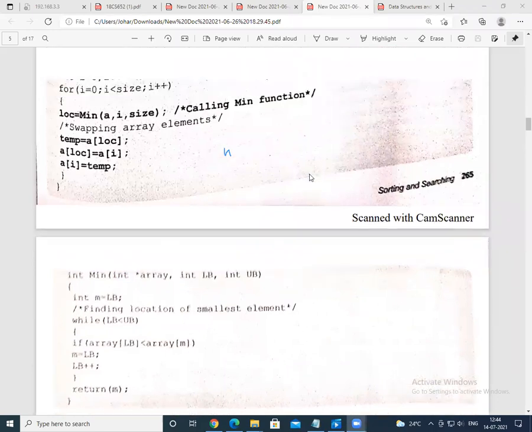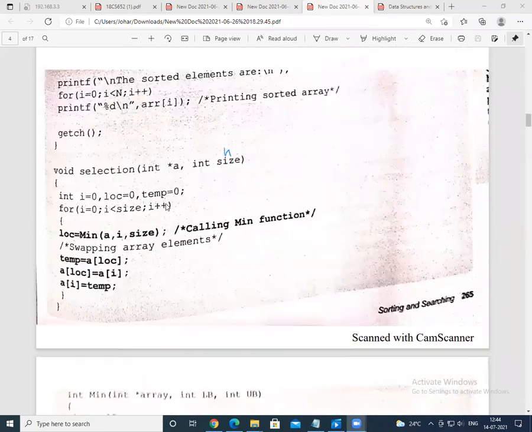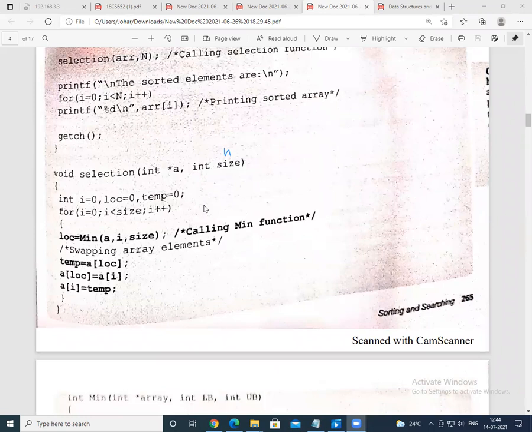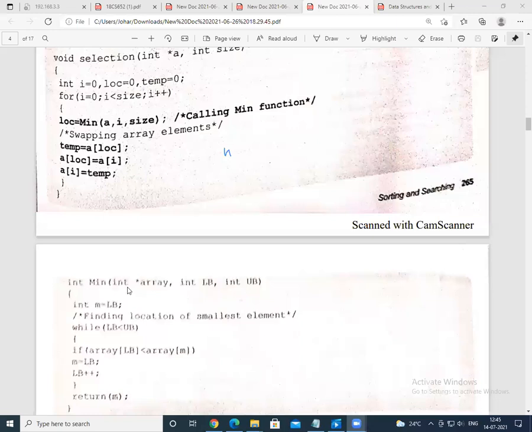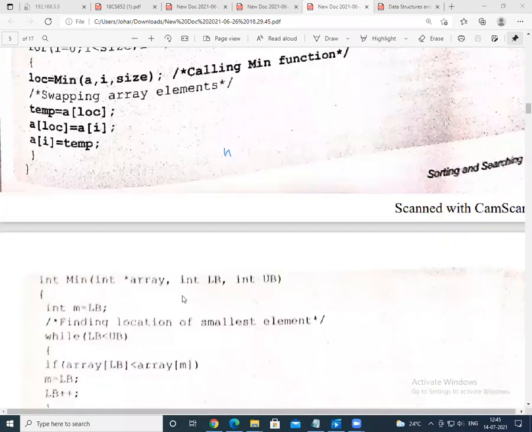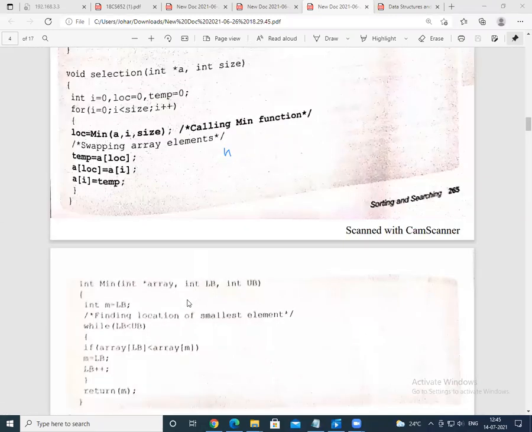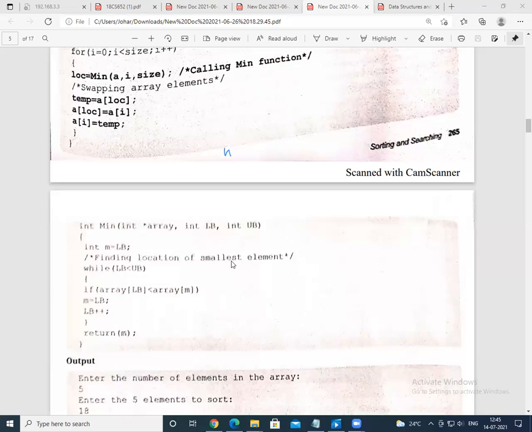So in each iteration, this selection algorithm identifies the minimum element, compares it with the rest of the array, and replaces it. Okay. Once again, when you call the minimum function using an array, we are finding the location of the smallest element.